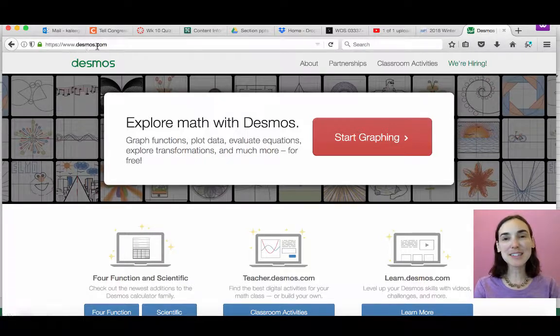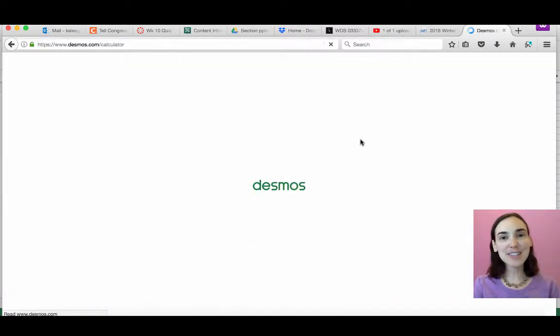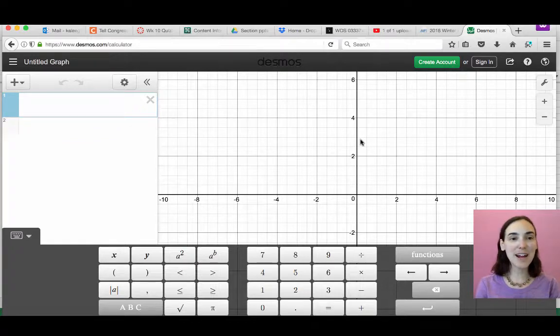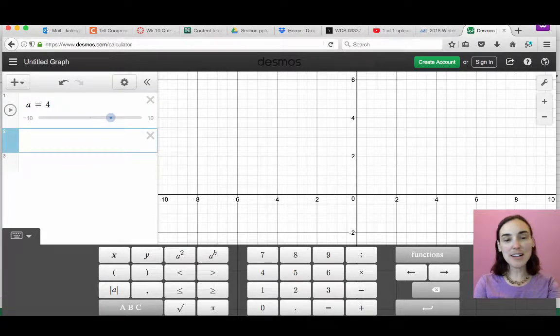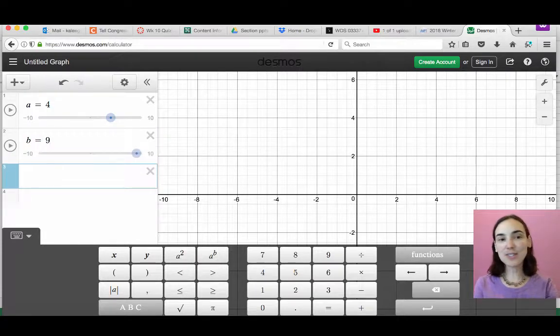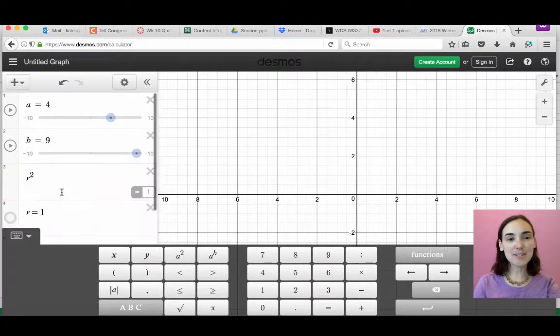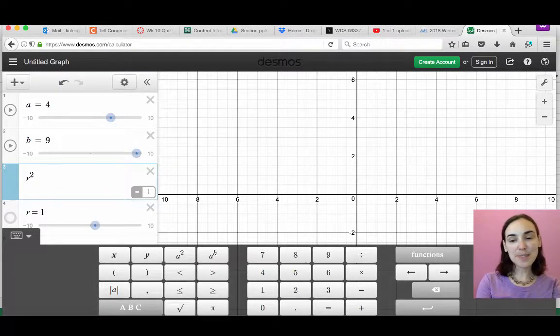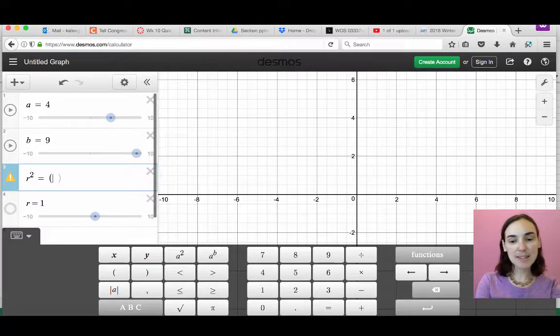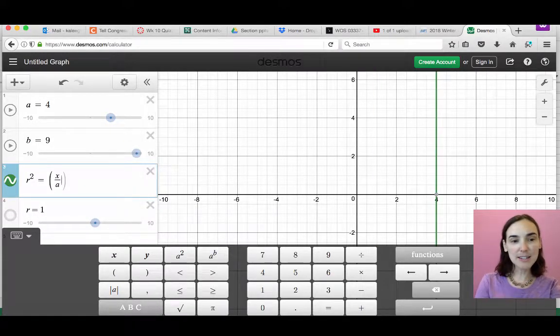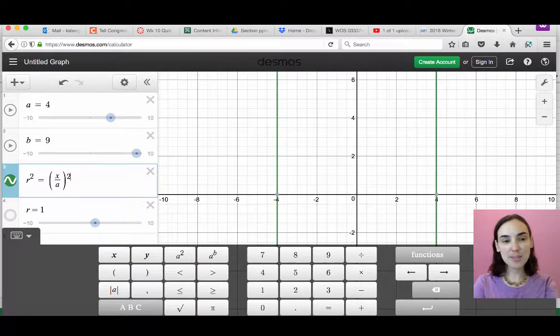This is the main desmos.com website, and you click Start Graphing, and it'll give you a blank graph. So I'm going to enter A equals 4, and B equals 9. Notice it automatically added some sliders for those. And then I'll do R squared equals (X over A) squared